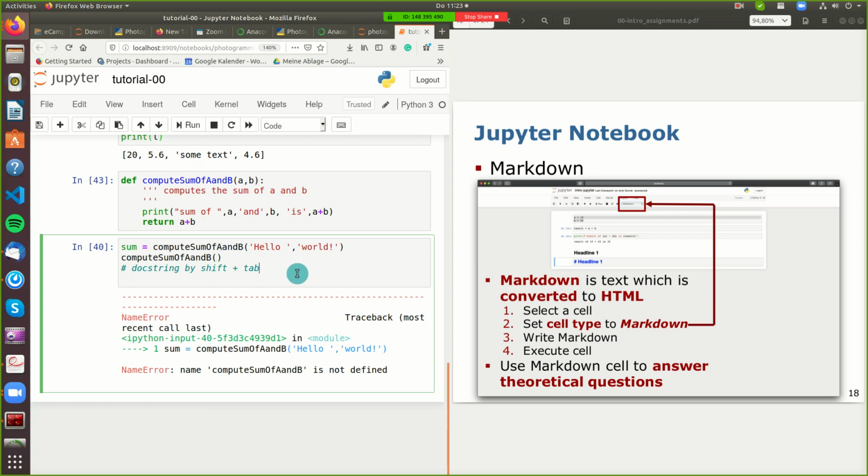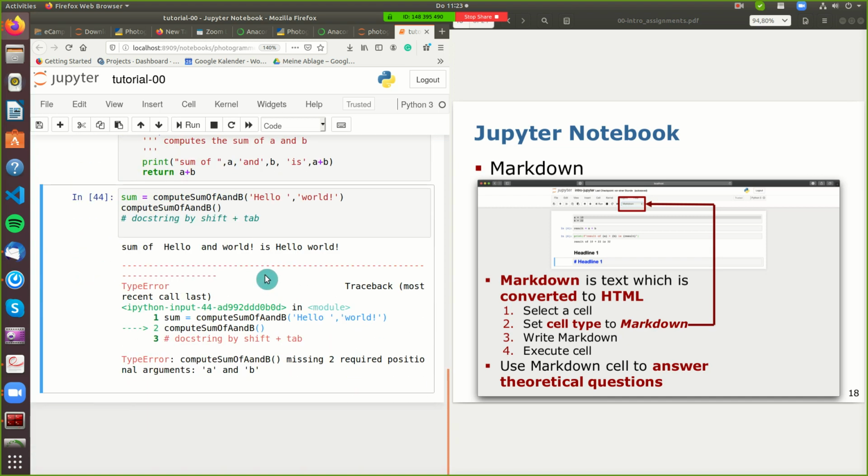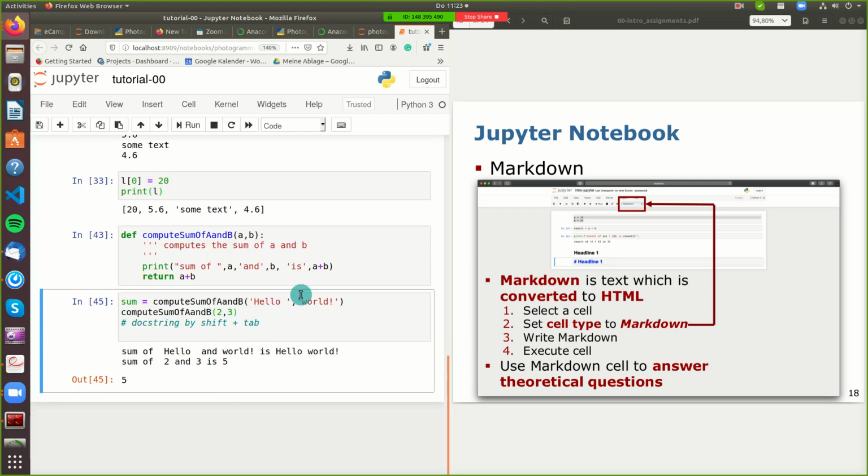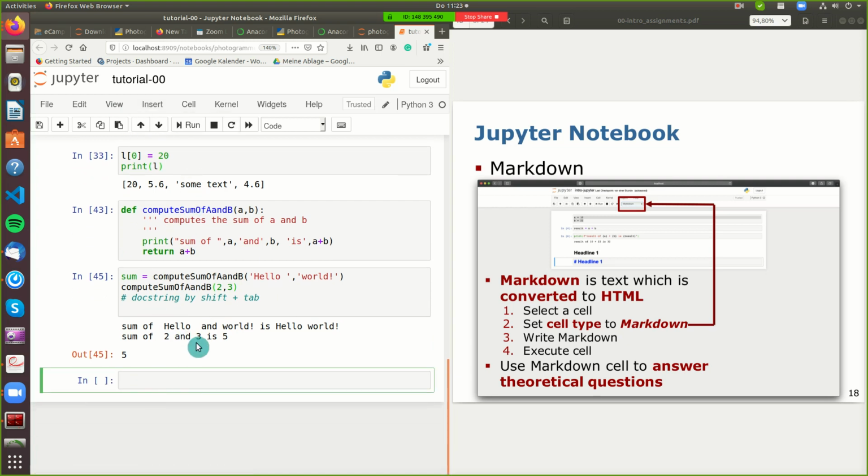If not, then okay, we cannot run this because we need A and B here. Okay, good. Then we want to insert a new cell, and